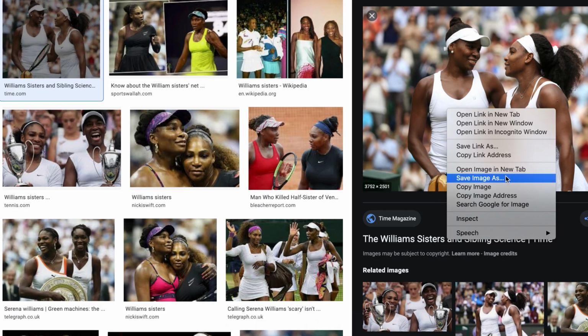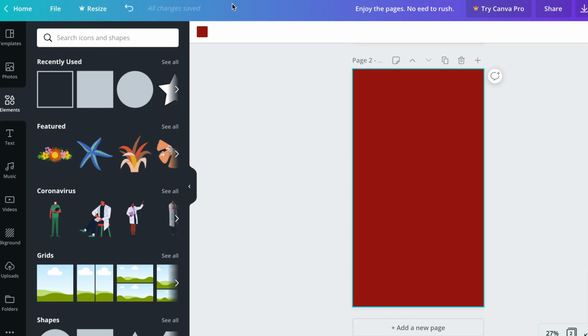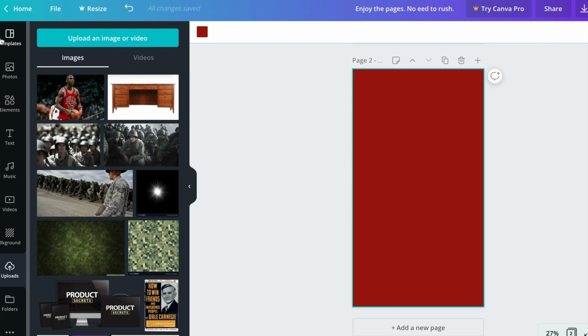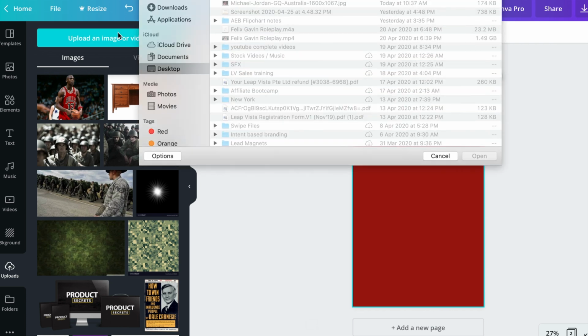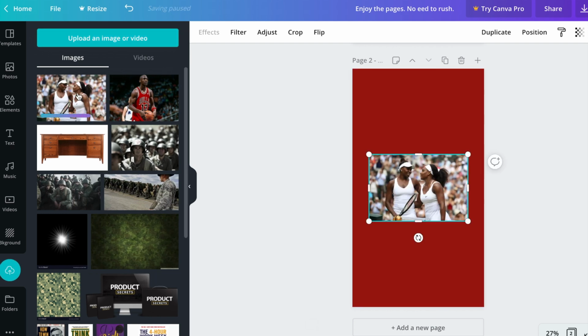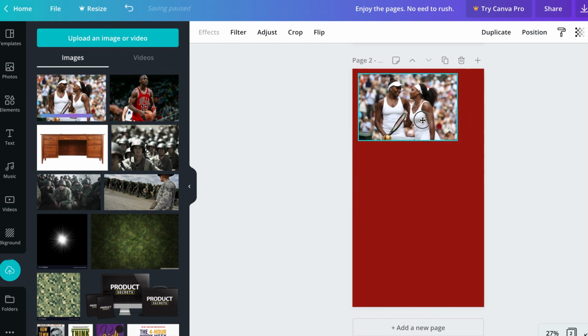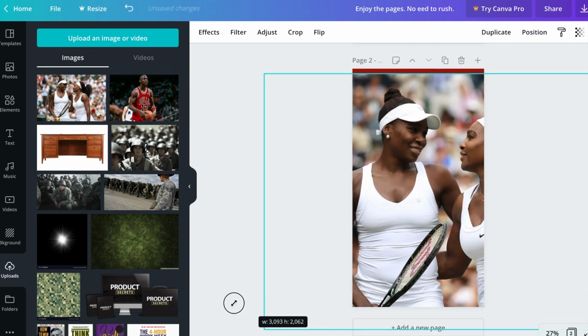So once you've found your image, go ahead, save image as, save it to your desktop. On the left hand side of your screen, you should be able to see uploads. Click on upload, select your image, insert it. So right now, as you can see, this image is not to the scale of our Instagram story, but don't worry, all you have to do is just